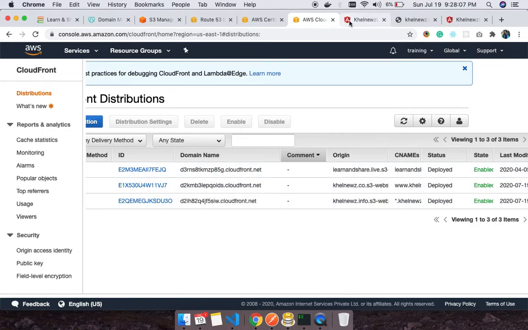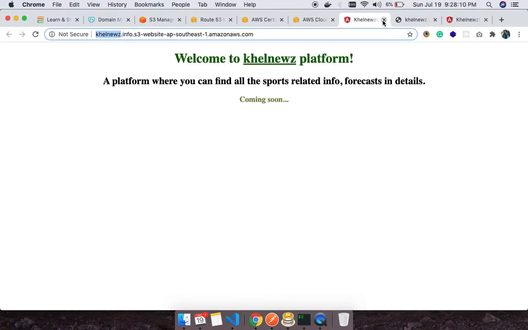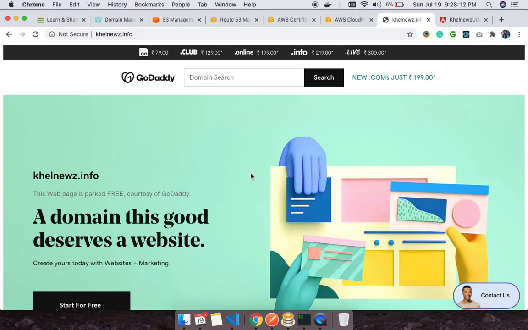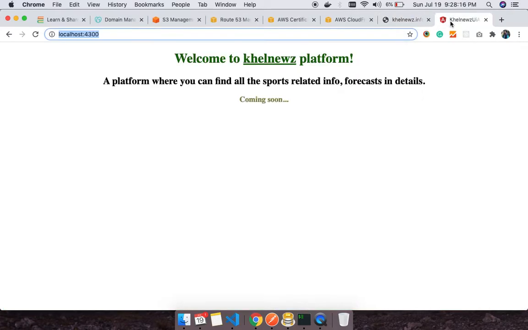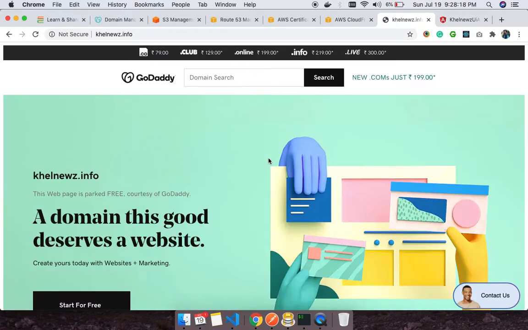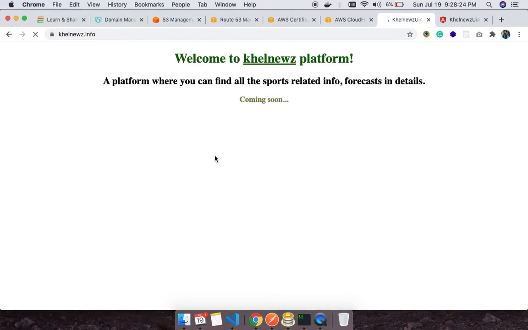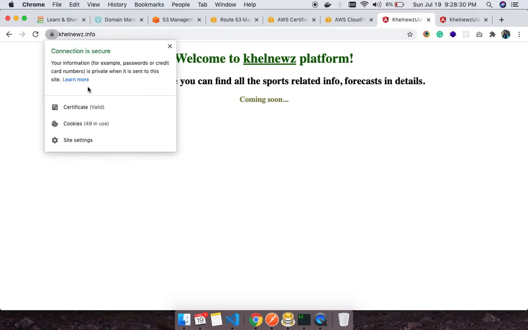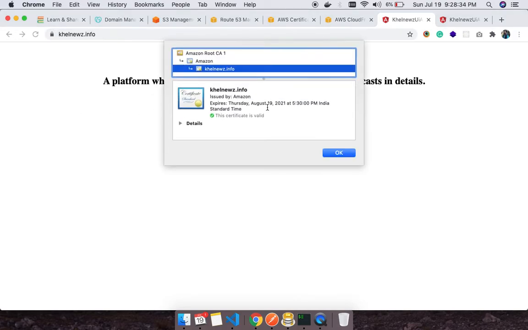Now when we try to access this site, we should be able to get the content we are getting on our localhost. As soon as you refresh this, we should have this content with an SSL certificate. As you can see, we have this content with the SSL certificate enabled, and you can see the certificate details as well.